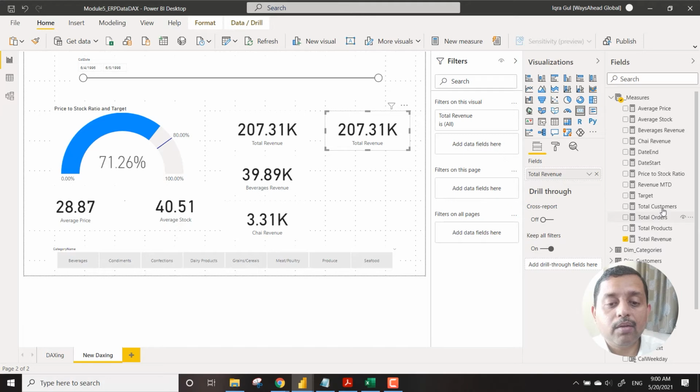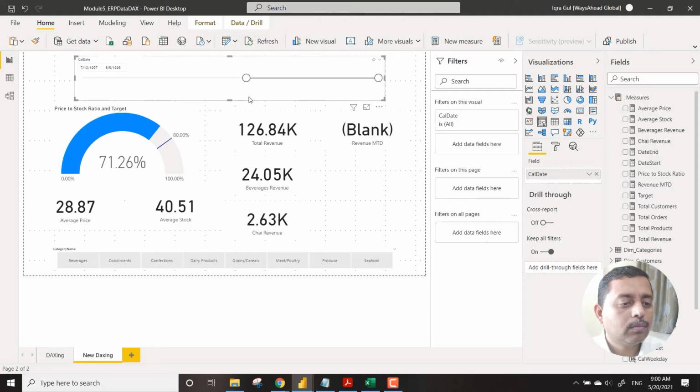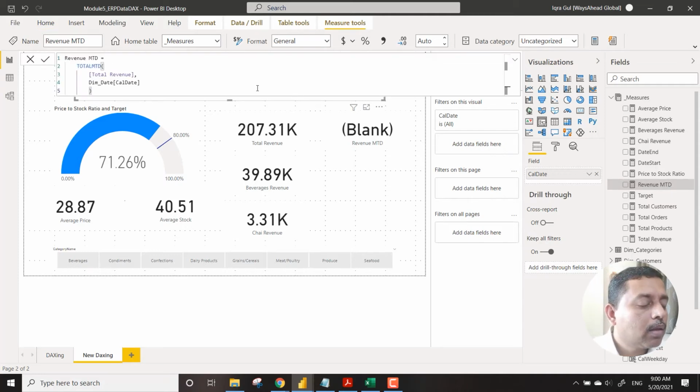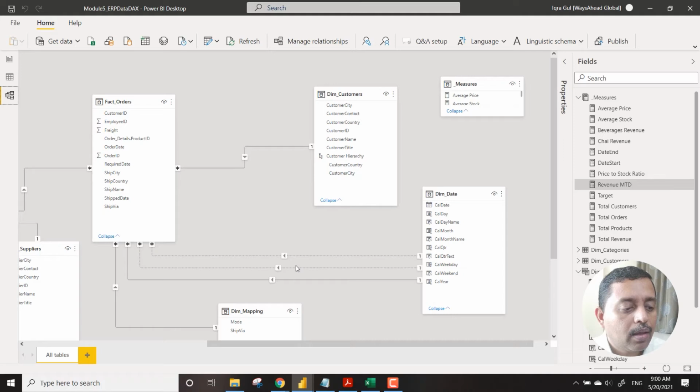So now if you just go to this particular option and I just want revenue MTD. So there is something very interesting that is coming up. So revenue MTD, I bring in over here. Okay, so let me just see. We have got the date, we have got the revenue, so the total revenue based on the cal date. So let me just see whether my cal date is connected.